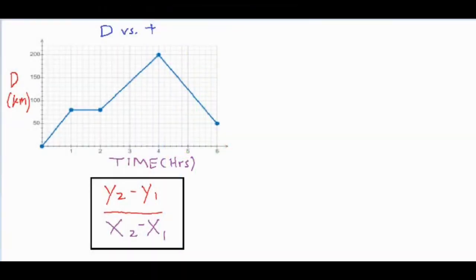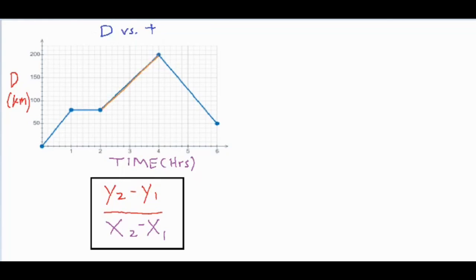In this video, I'm going to be talking about how to never make a mistake solving for slope. Now, solving for slope isn't a hard operation, but there's a lot of little areas where people tend to make mistakes. So we're going to use the formula y2 minus y1 over x2 minus x1. And what we're going to do first is find the slope of this portion of the graph